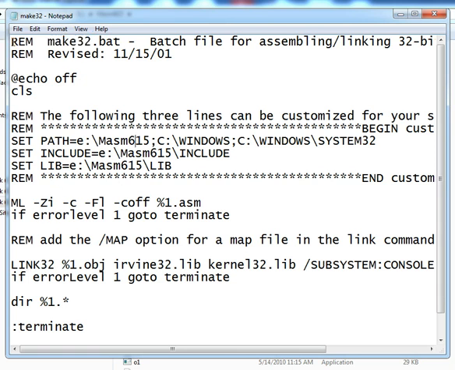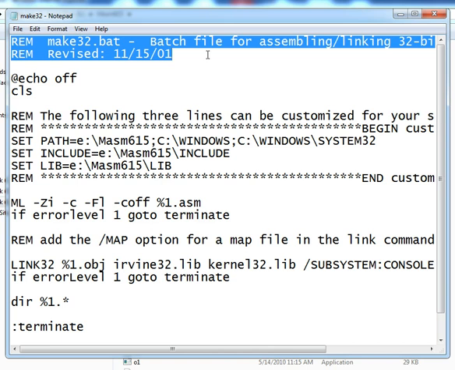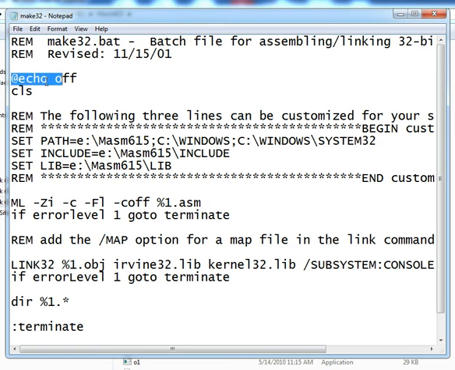So over here the first two lines are rem lines, or rem stands for remark, which are basically comments. Then we have echo off, which means do not print any instructions on the screen. Then we have CLS, which stands for clear screen, of course. Then we have another two rem statements or comments, and then we have set path equal to E drive slash MASM 615